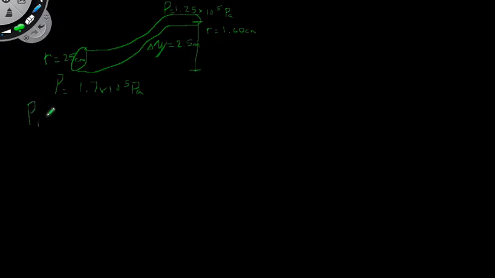So let's start off with the big bad boy of this: P1 plus 1/2 rho v1 squared, plus, and now we have to include the gravitational potential energy, because we have a height difference. So this is equal to P2 plus 1/2 rho